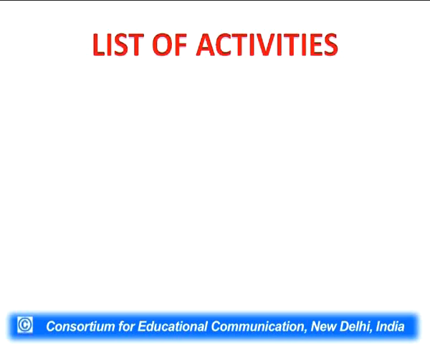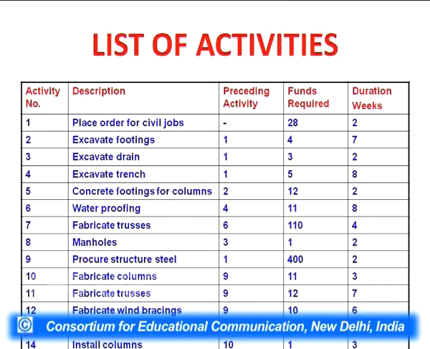8 machines were installed. Activities are listed here, their durations and the funds required to complete a particular activity are also written. Of course, the preceding activities are also given. This is a list of activities for completing that particular project. It is not only on paper, it was actually done on the site. These machines were tire manufacturing machines, and regarding these machines, the activities are listed.